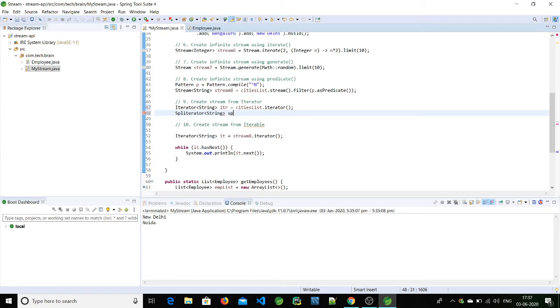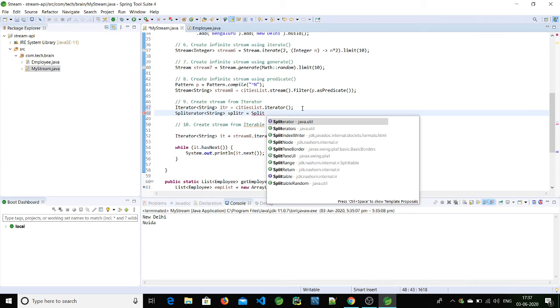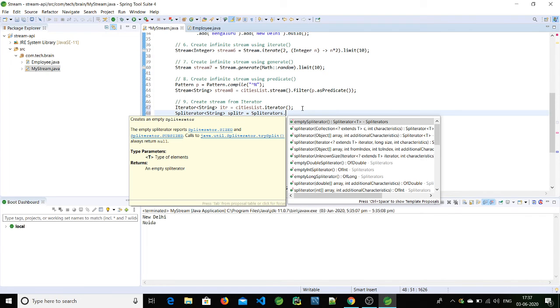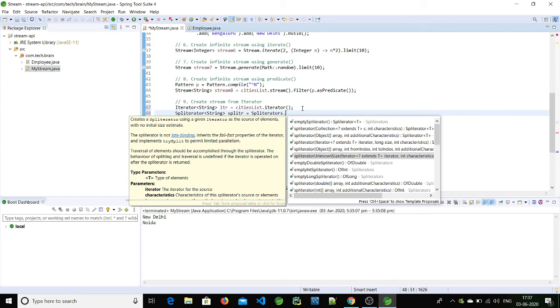So Iterator of a string type, and splitr equal to. To create a spliterator object, there is one class, Spliterators. On this class there is one method we'll call, spliteratorUnknownSize.